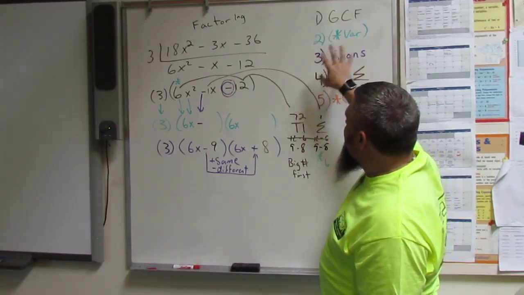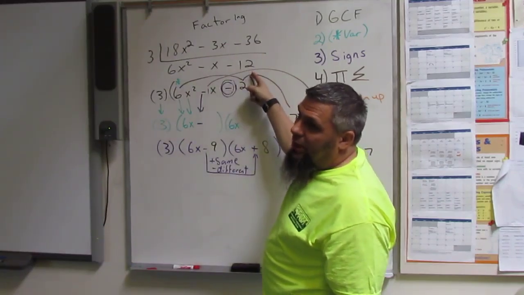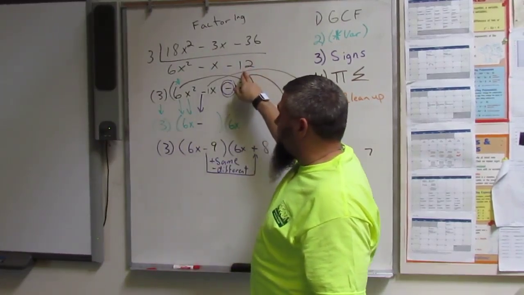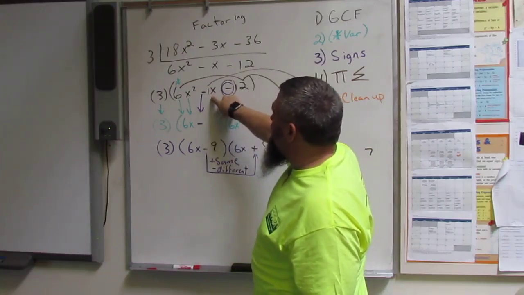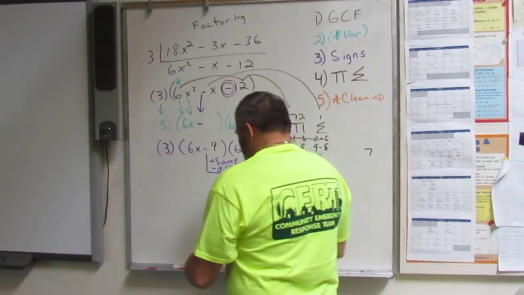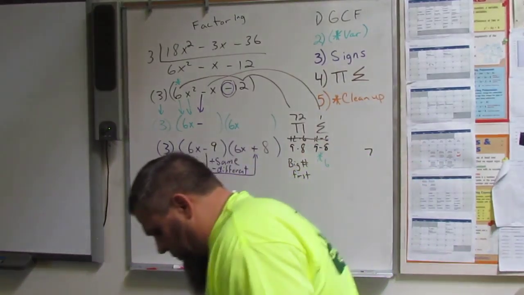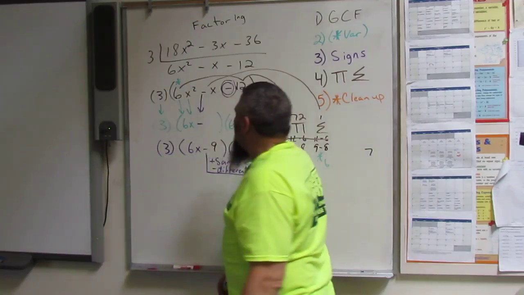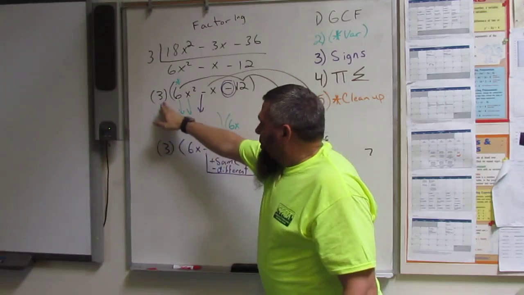the signs. We started with GCF, 3 within all 3. Okay, 3 into 18 got 6, 3 into 3 went 1, 3 into 36 is 12. So I brought the 3 down, brought down the 6x squared plus or minus x minus 12, right? And then the second stage is bring this down,